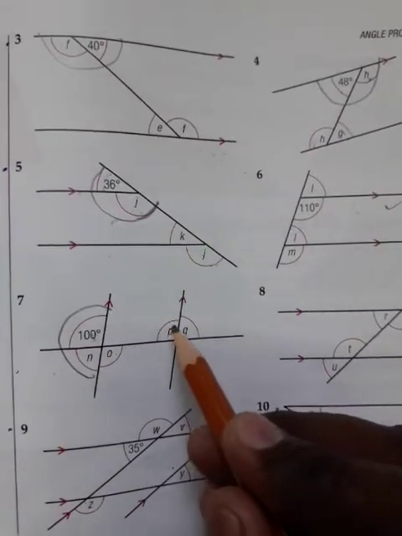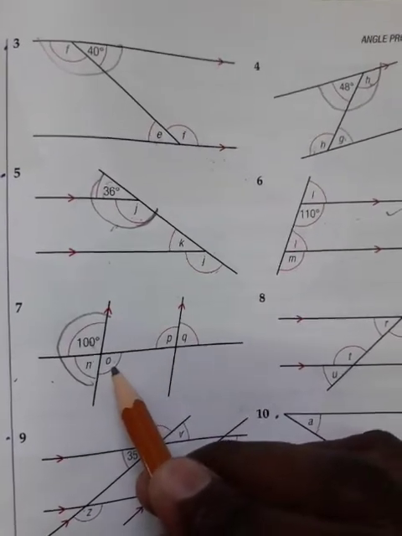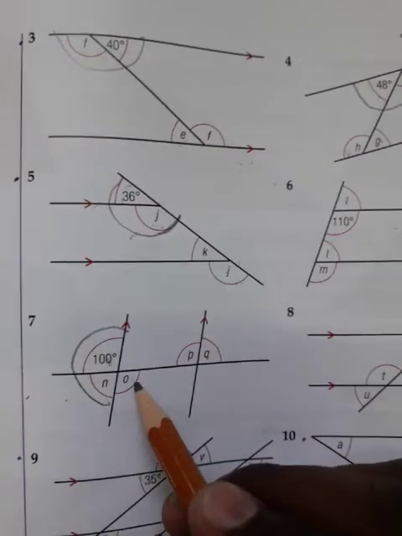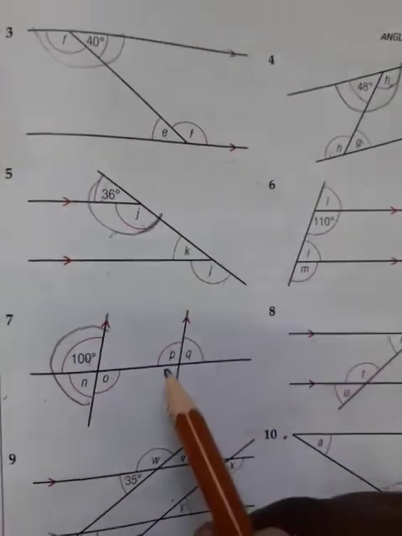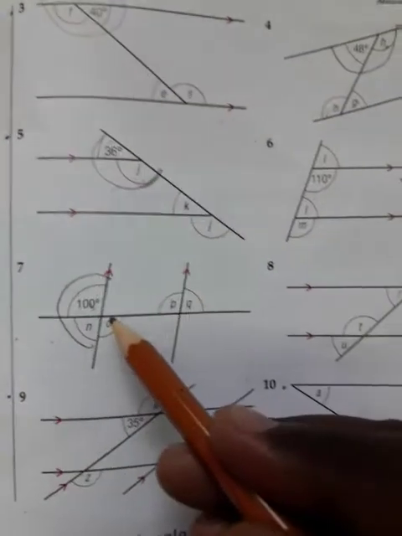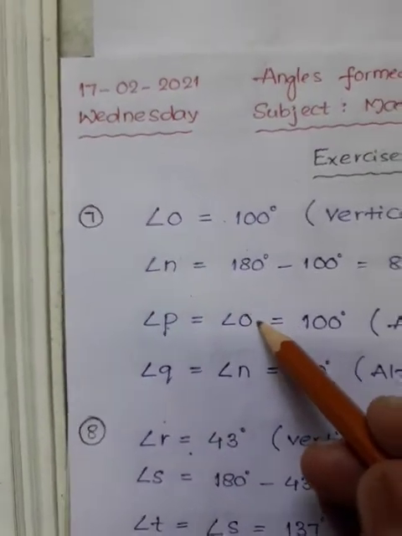Now I can find out angle P. So angle P is what? Inside the parallel line. Angle O is also inside the parallel. That means one is right and one is left. That means that is the alternate angle. So remember one more time, which angle you need to find, write that angle first. With what angle do you compare? You compare with O, and write that one later. That means angle P equals angle O, equal to 100 degrees. That is an alternate angle.